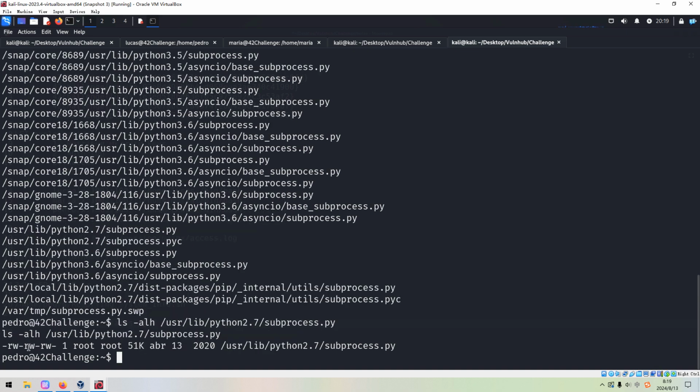Actually, everyone can manipulate this module or this Python file. So next would be very easy. We can put our own reverse shell command or statement into this file.